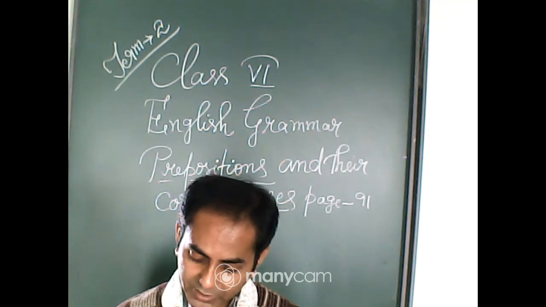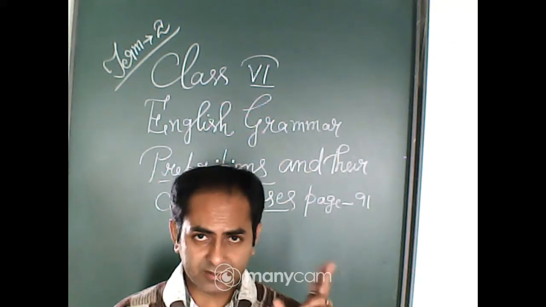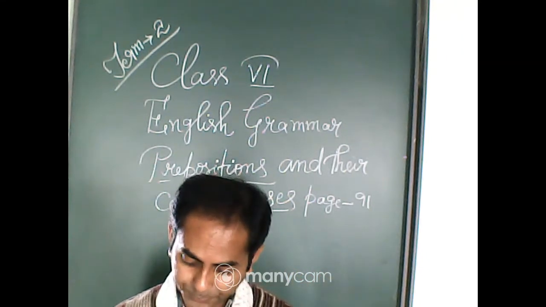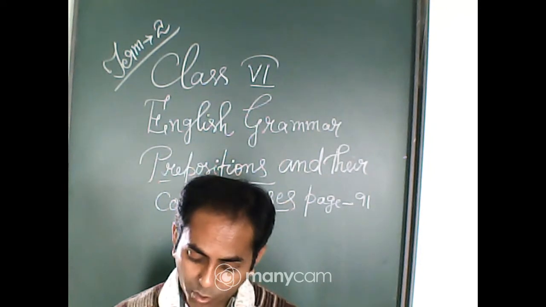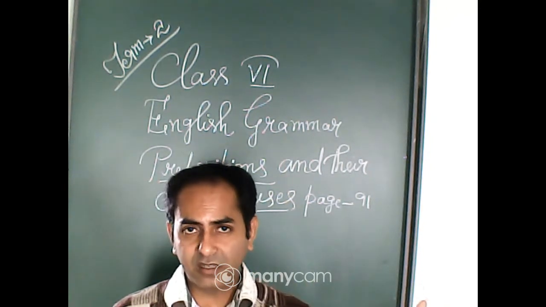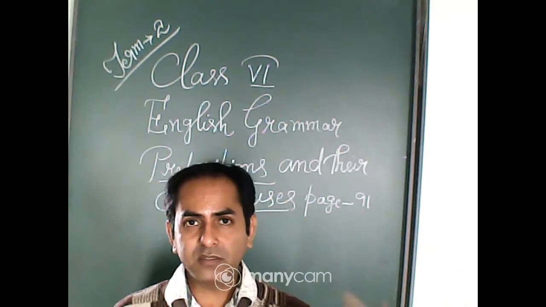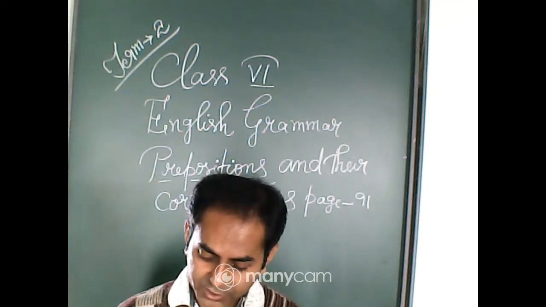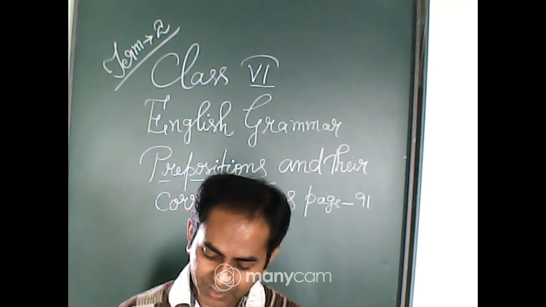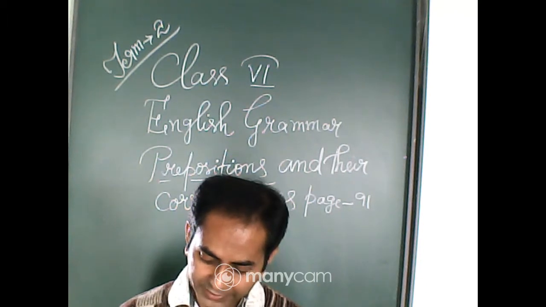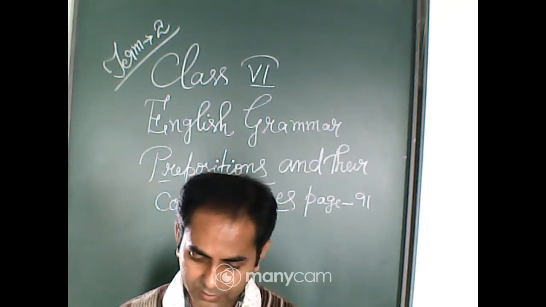The pencil is between the box and the book. That means between two things the pencil is kept. The preposition between indicates between two things. Then the pencil is kept among clips and hairbands. That means many things are there, and among those things the pencil is also there. Here the preposition among indicates among many things. Sometimes among refers to among many persons or things. Underline this one. The pencil is kept behind the box. The preposition behind indicates that it is partly or fully covered by something in front.